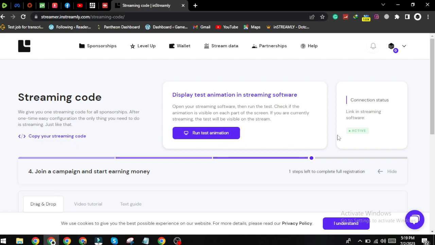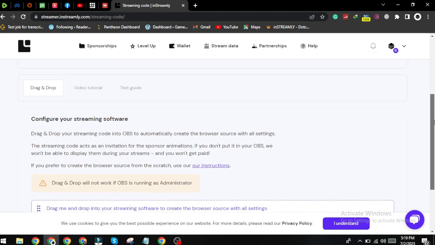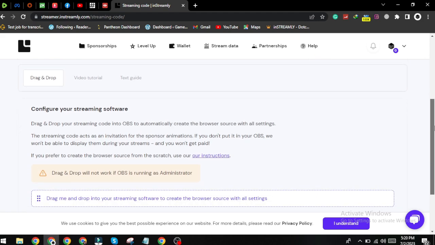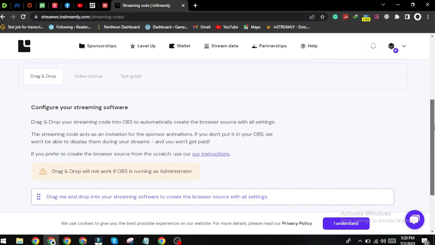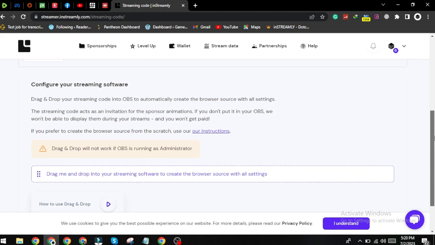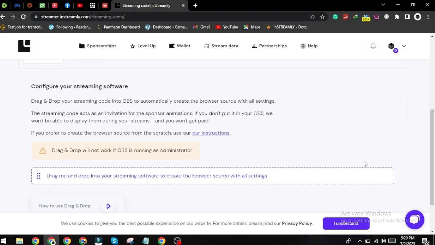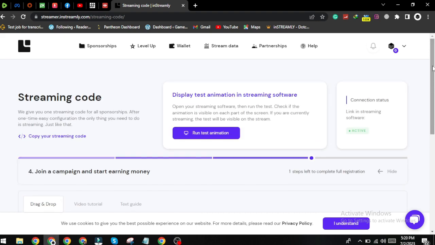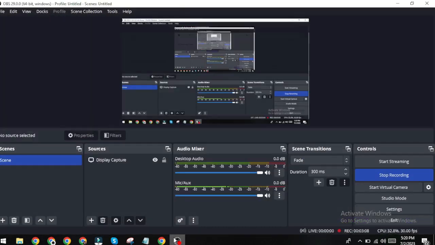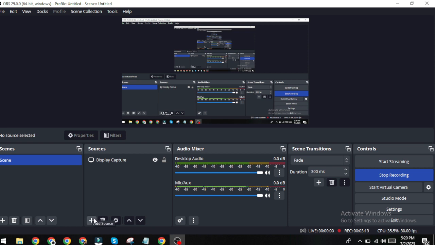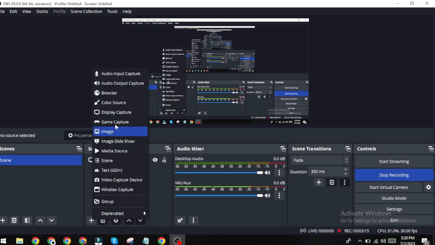Then you can scroll down, and there is an easy way, a drag and drop section. If you're using OBS or any other platform, you can just drag those settings and drop them on your software. So this is the next way you can do it. Otherwise, you can just do it manually. For the manual process, you have to copy that link. I'm going to teach you the manual link. It is much easier. And then click on this plus icon, as you can see here,